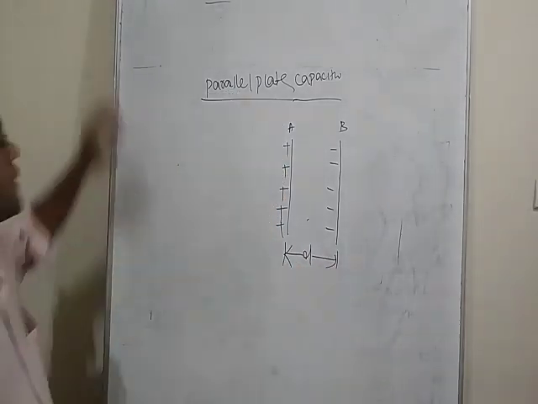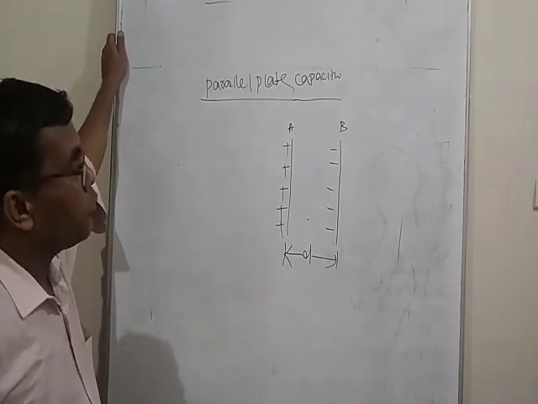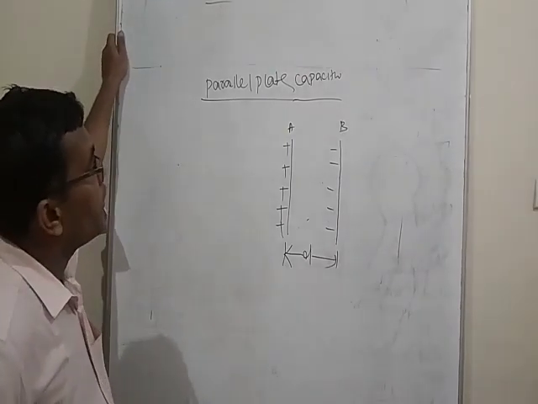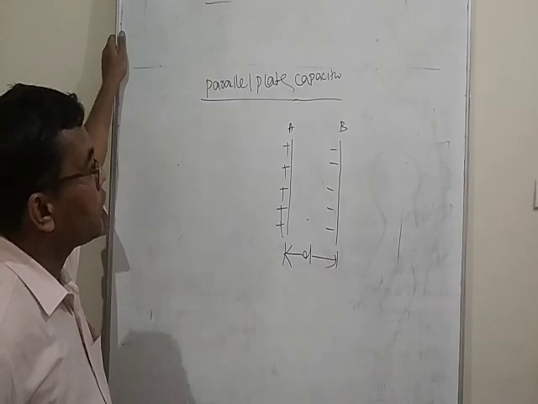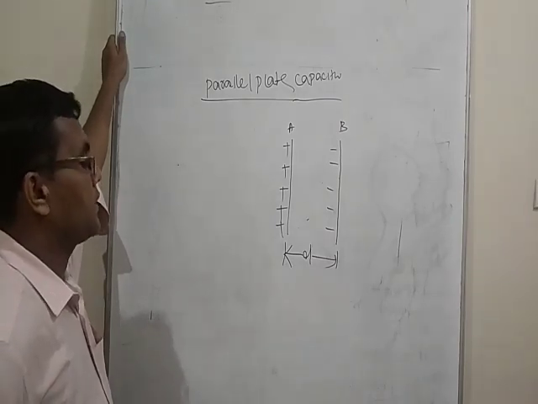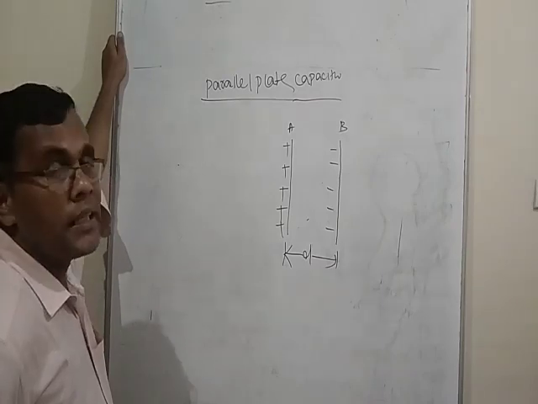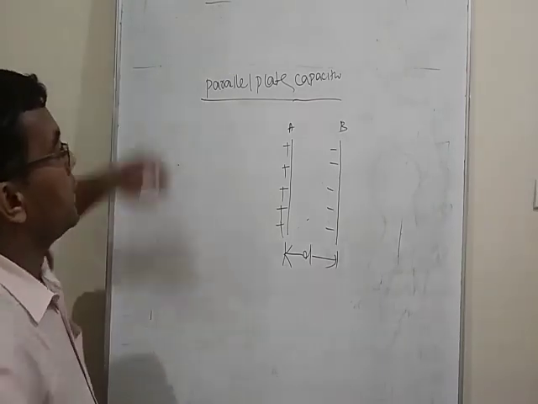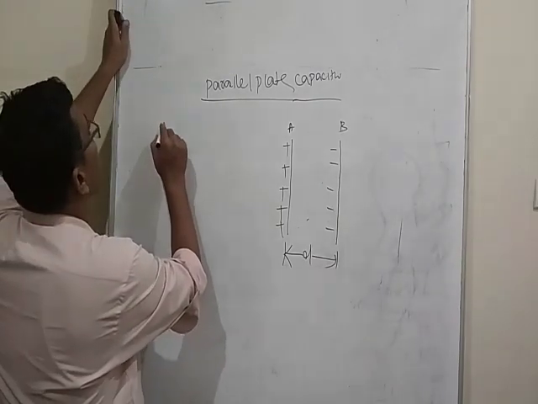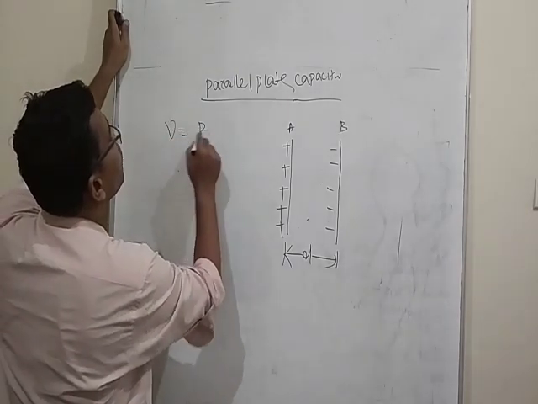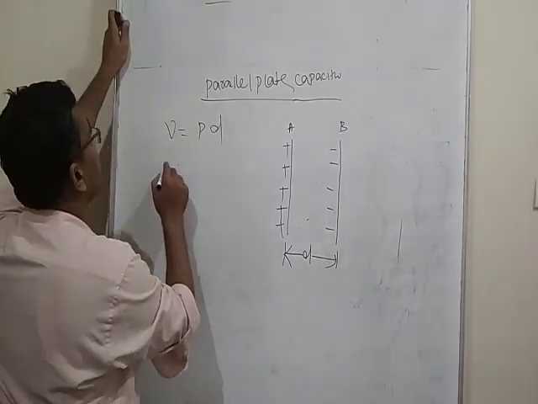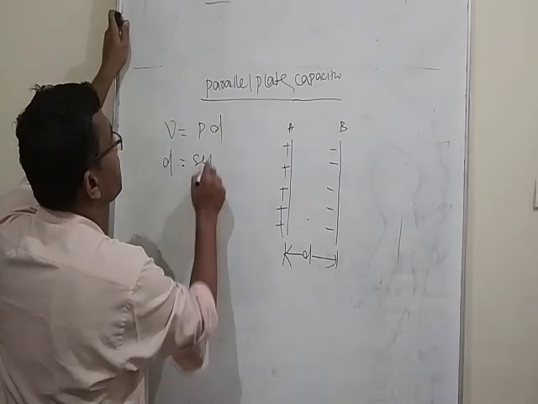Consider two plates held parallel with each other, equally and oppositely charged, and separated by distance d apart. V is the potential difference, d is the separation,